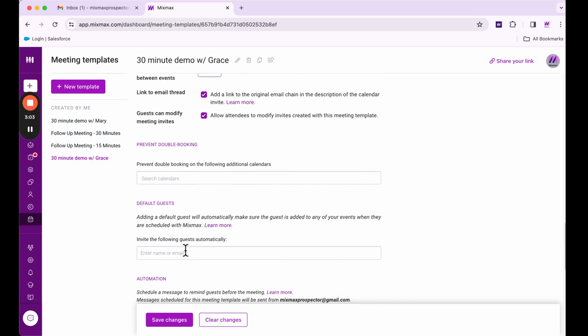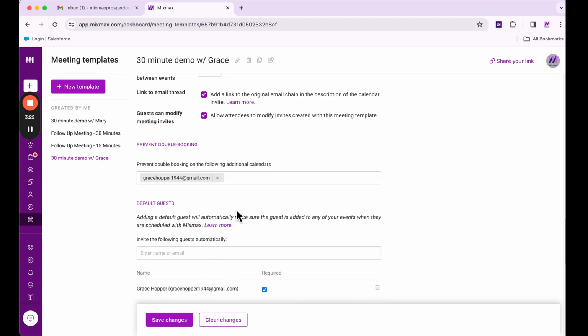Now let's say you're booking on behalf of an AE, or it's a shared calendar link with an AE. You can use Prevent Double Booking and Default Guests to ensure that this both shows up on their calendar and is looking and taking their availability into account. So let's go ahead and add my AE Grace here, and they'll automatically be added to the Prevent Double Booking